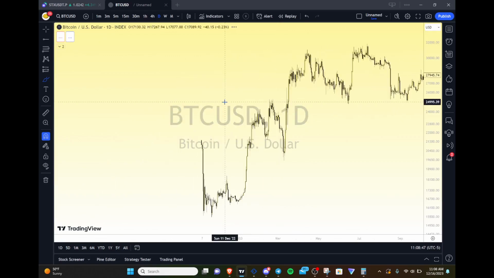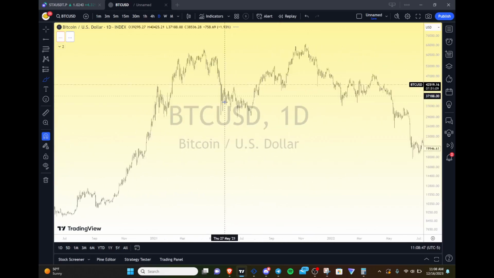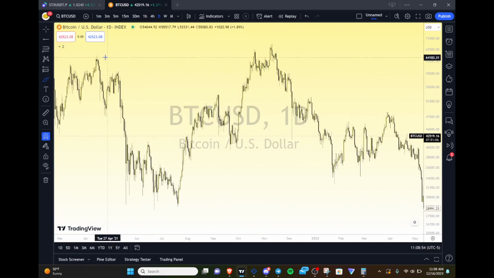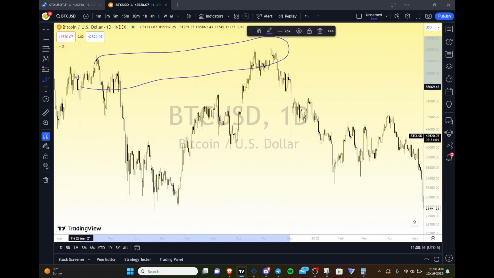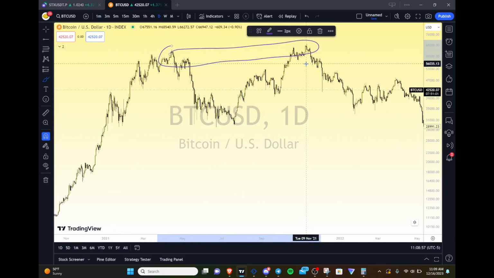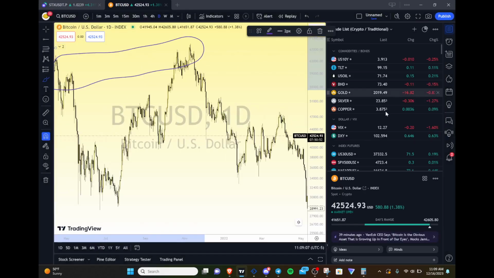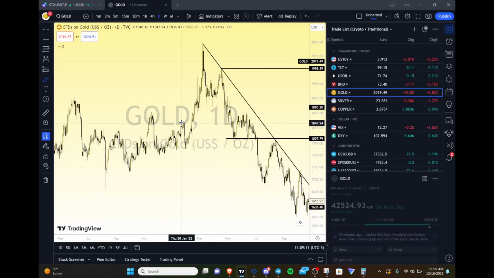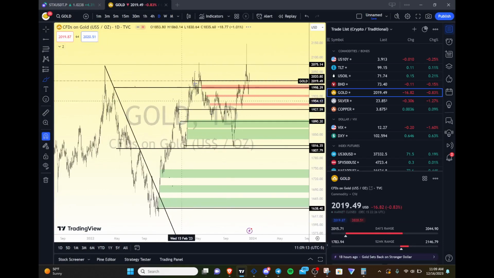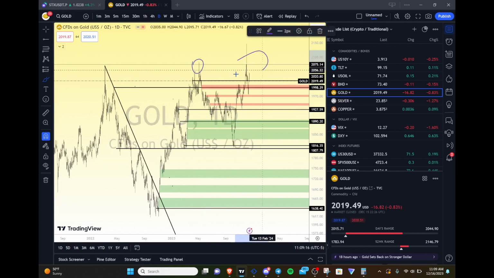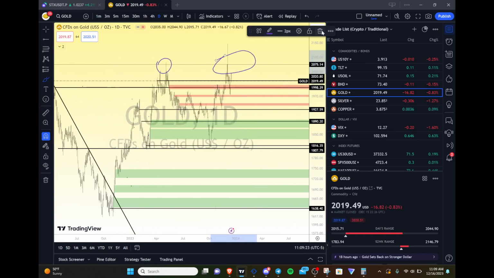So if we go back in time here on Bitcoin, is this possible to happen where we have this behavior, pretty much a swing failure pattern at the macro top? Absolutely. So if we start getting evidence of this sort of behavior, again, on a smaller scale for gold, right? Gold is at a smaller scale than Bitcoin when we look at it from a charts perspective. So take a look at this. You see how the highs here to here is much smaller relative to the Bitcoin previous high, all-time high to the new all-time high that happened in that little swing failure pattern kind of play.